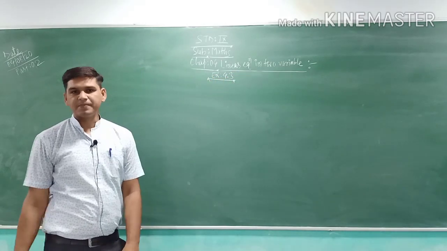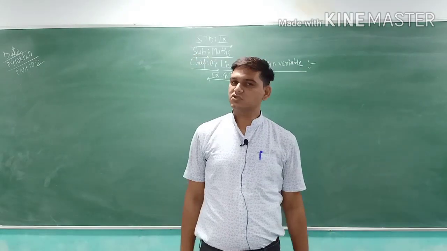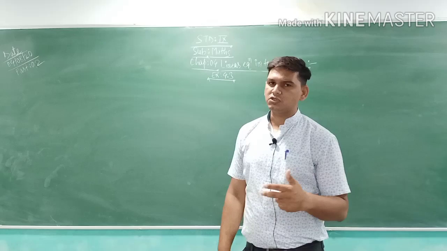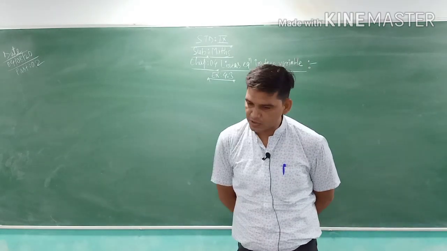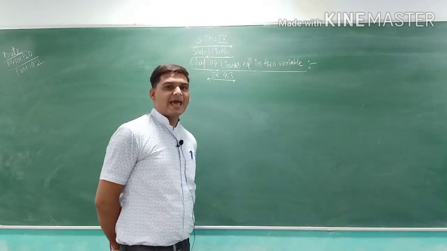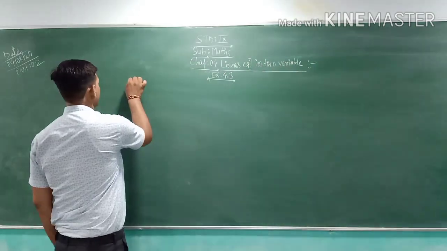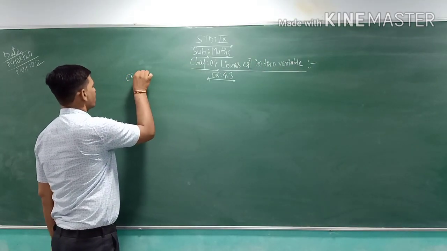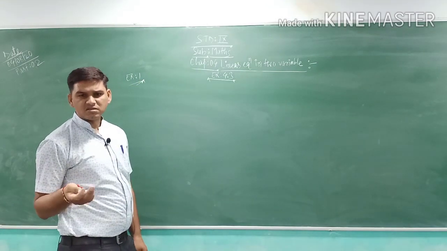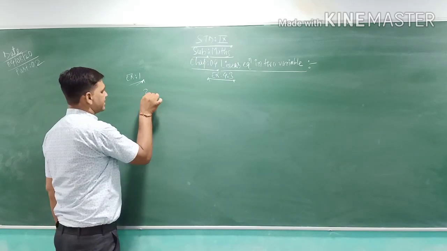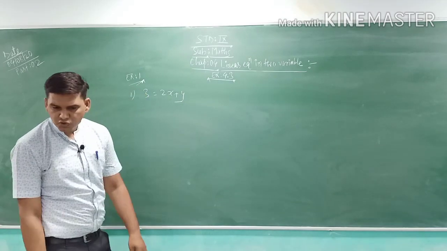Now in this exercise, the first question is to draw a graph. We have to draw a graph, but I will only find the solution set, and I will only explain the first situation of how we can do the graph. In the first question, x plus y is equal to minus 4, question number 1. Or maybe I'll take another example, like 3 is equal to 2x plus y. Now I want to draw the graph of this equation.